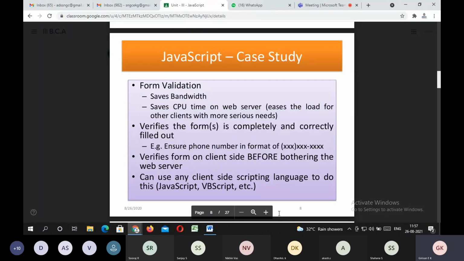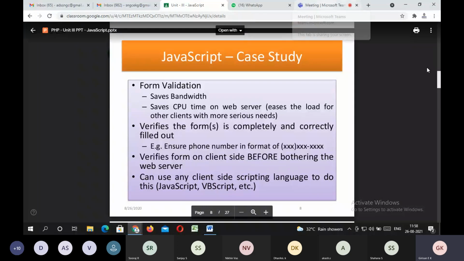JavaScript verifies the forms on the client side before communicating with the web server. So all validation will be done at the client side, and only then does it interact with the server. This is the advantage of JavaScript.